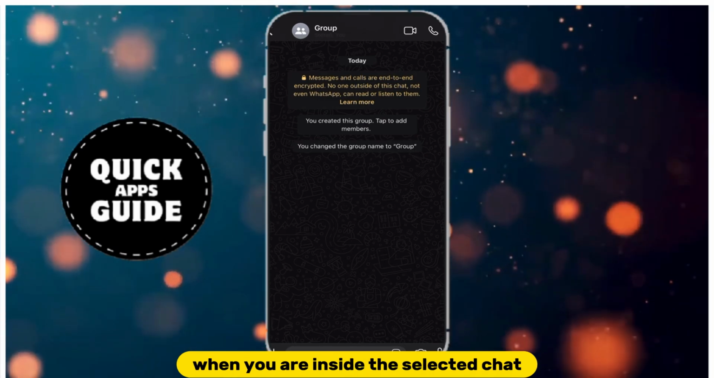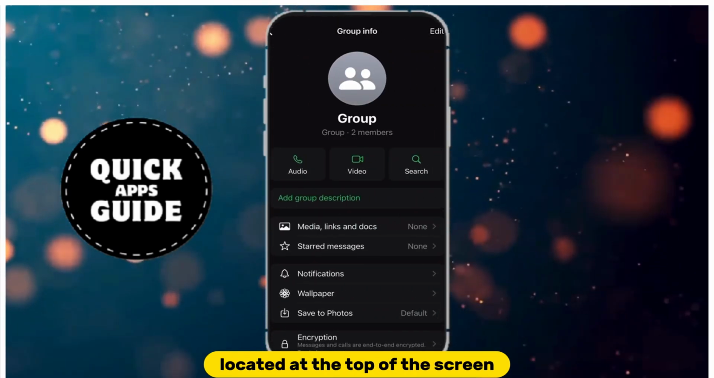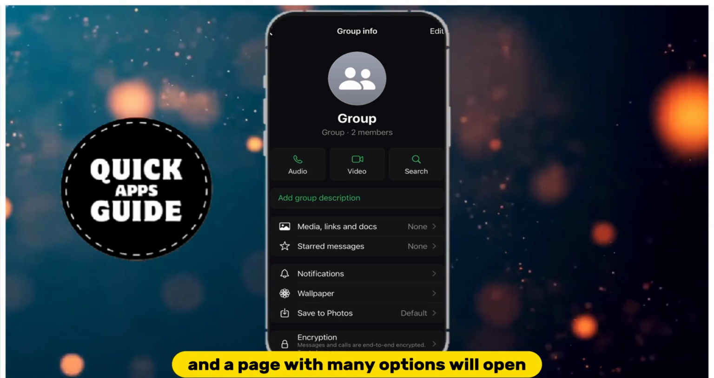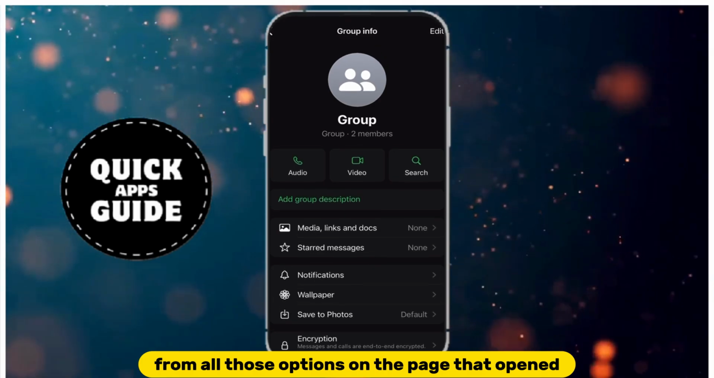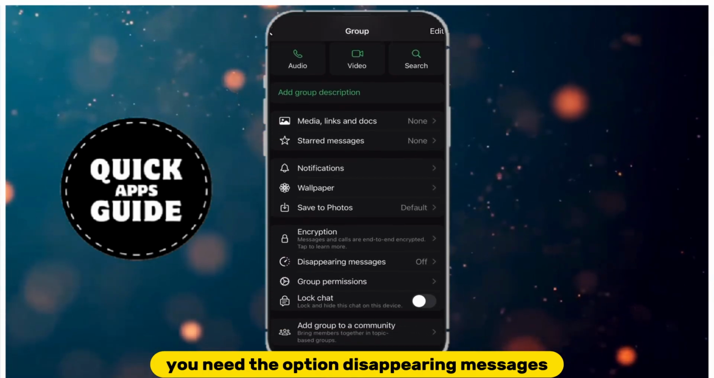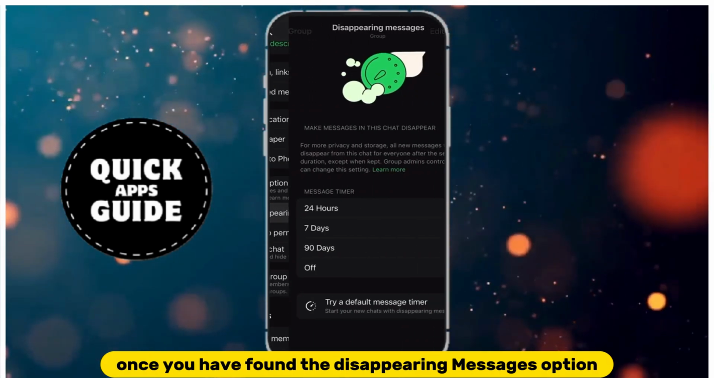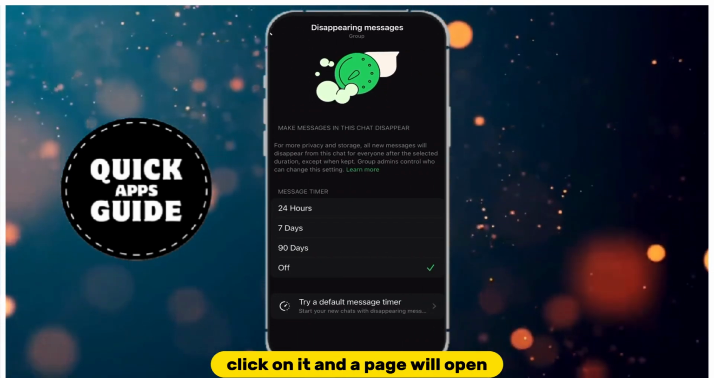When you are inside the selected chat, click on the chat's name located at the top of the screen. Click on the chat name, and a page with many options will open. From all those options on the page that opened, you need the option Disappearing Messages, which you will find by scrolling down a bit. Once you have found the Disappearing Messages option, click on it, and a page will open